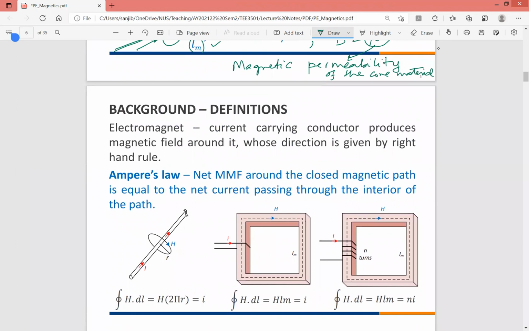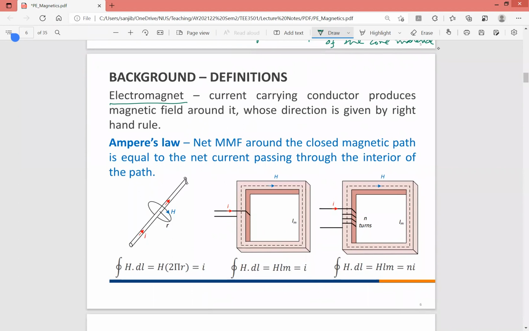Now, electromagnet: you might have known that current carrying conductors produce a magnetic field around them. So an electromagnet is nothing but a magnet that is produced by the current through a coil. And then we have Ampere's law, which says that the net MMF around a closed magnetic path is equal to the net current passing through the interior of the path. So what it means is that if you want to find out how much is the H, or the field intensity around it, Ampere's law basically says that it is,